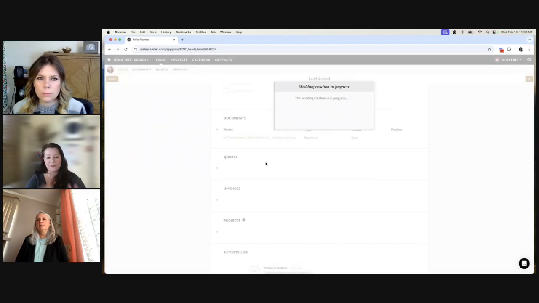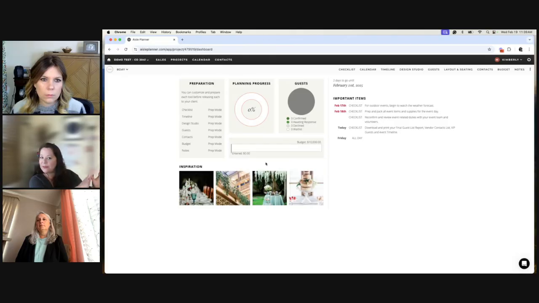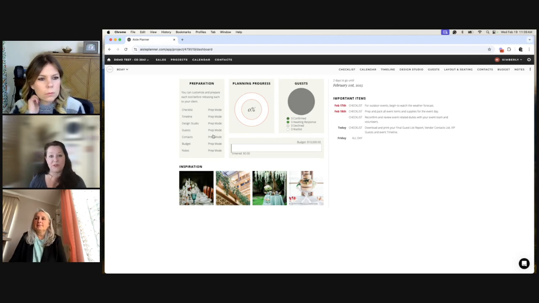So the lead itself turns to a booked status, so you don't have to worry about that lead anymore. And then now we have this brand new project on your dashboard. And just real quick, high level, for those of you that are new to Aisle Planner, all of your tools start out in prep mode. So you do need to release them before clients that you've invited are going to be able to see them